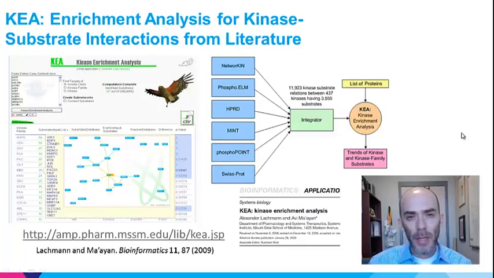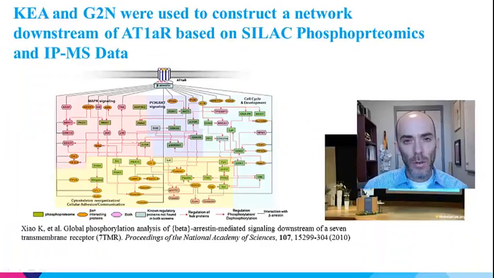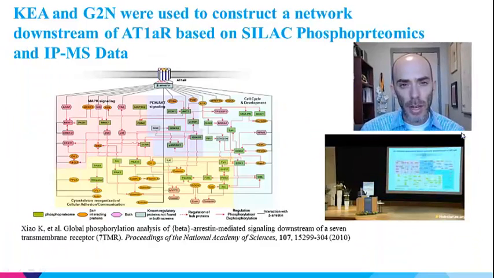So we implemented a web-based tool called KEA, Kinase Enrichment Analysis, where users can cut and paste their sets of differentially phosphorylated proteins and then obtain a ranked list of kinases and also a network of kinases that potentially phosphorylate the differentially phosphorylated proteins. We also use this approach, as well as Genes2Networks, to analyze data collected from